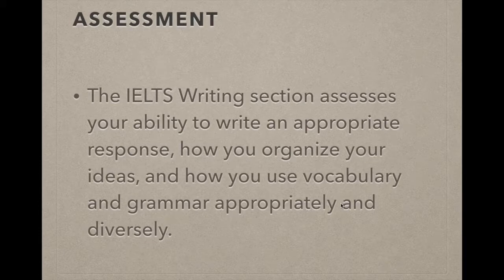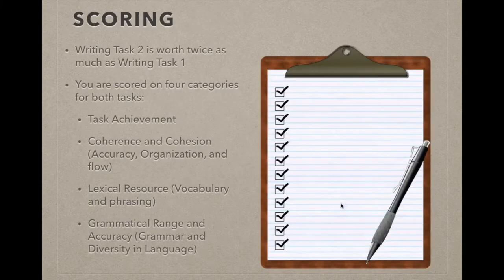Okay, so the IELTS writing section assesses your ability to write an appropriate response, how you organize your ideas, and how you use vocabulary and grammar appropriately and diversely. So writing task 2 is worth twice as much as writing task 1. For both tasks, you are scored on 4 categories: task achievement, coherence and cohesion, which means accuracy, organization, and flow of your writing; lexical resource, this is vocabulary and phrasing; and grammatical range and accuracy, is the grammar and diversity